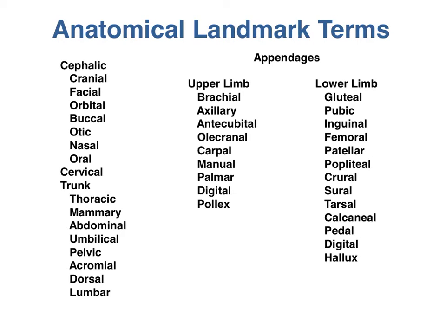Understanding these landmark terms and using them as much as you can and becoming very familiar with them will really help you out when we start talking about the different muscles and the different bones. Oftentimes there are clues in the name of a structure, in the name of a muscle, in the name of a bone, in the name of a blood vessel, in the name of a nerve. And these clues, if you are familiar with the landmark terms, will tell you exactly where to look for that structure. So, start practicing them, use them consistently. That's the best way to fix them in your memory.